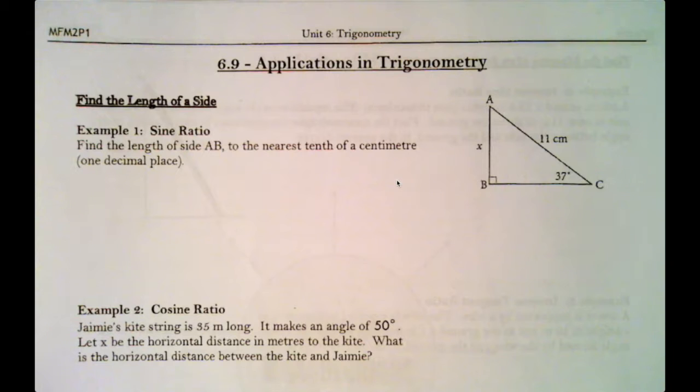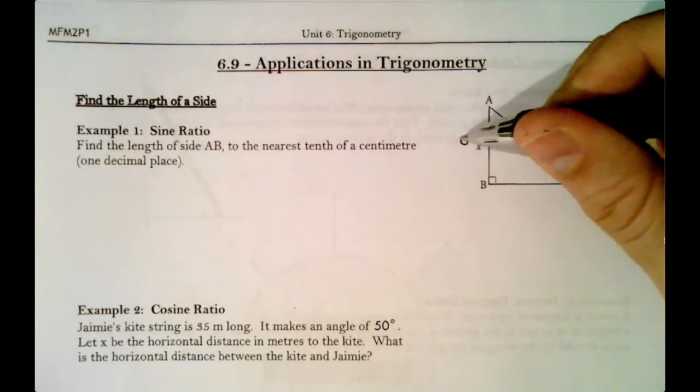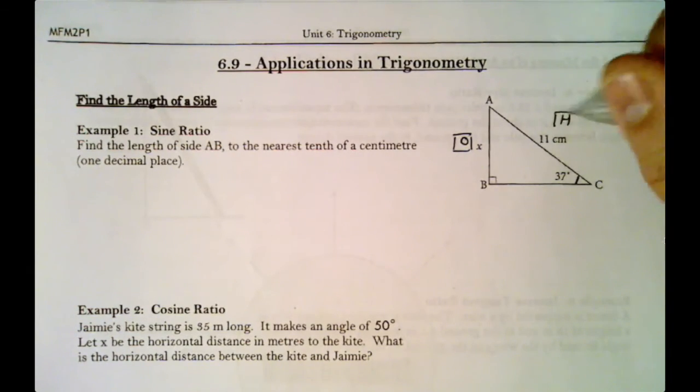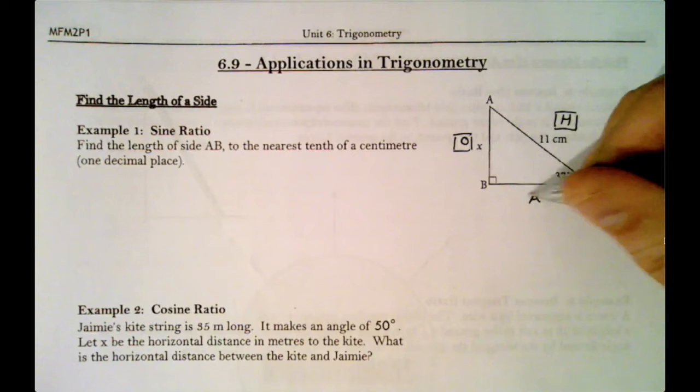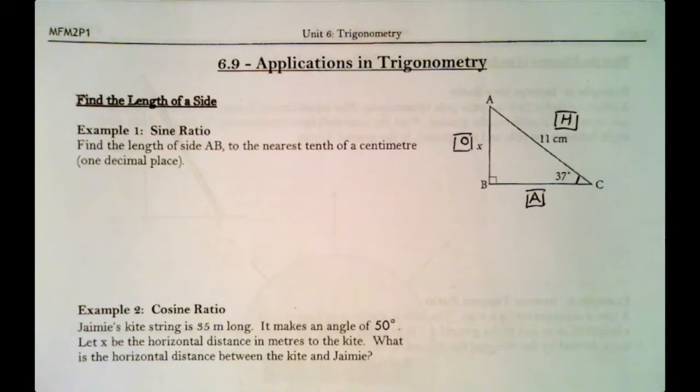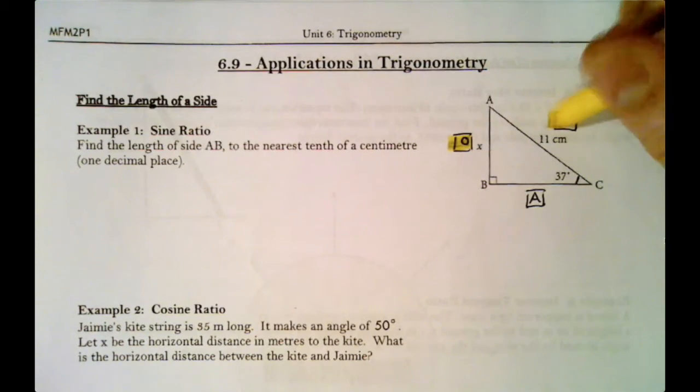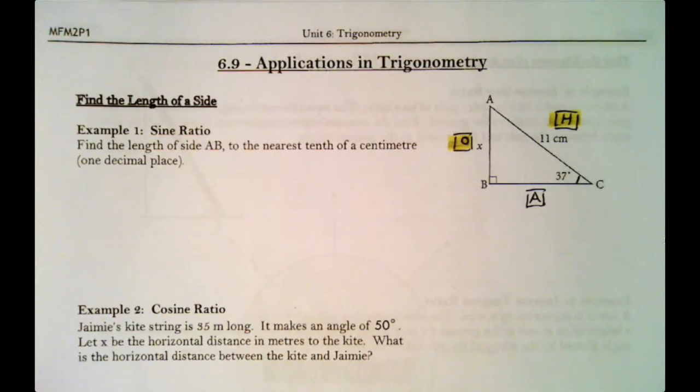All right, let's give it a shot with example 1. Find the length of AB to the nearest centimeter, and we have our picture. We're finding a length, remember, so let's label our triangle. We're given the angle 37, across from the angle is O, across from the 90 is H, and that leaves us with A, the side we don't know. If we highlight the one we want to find, O, and we know H,